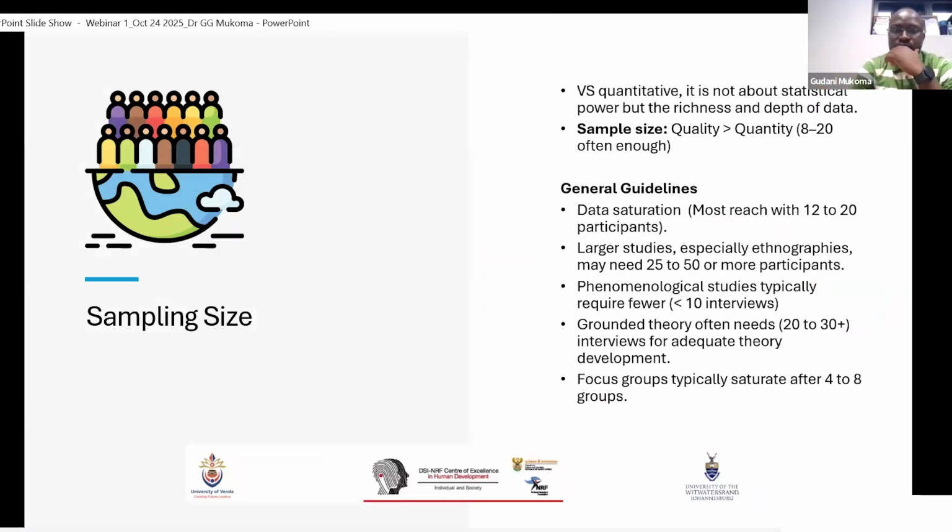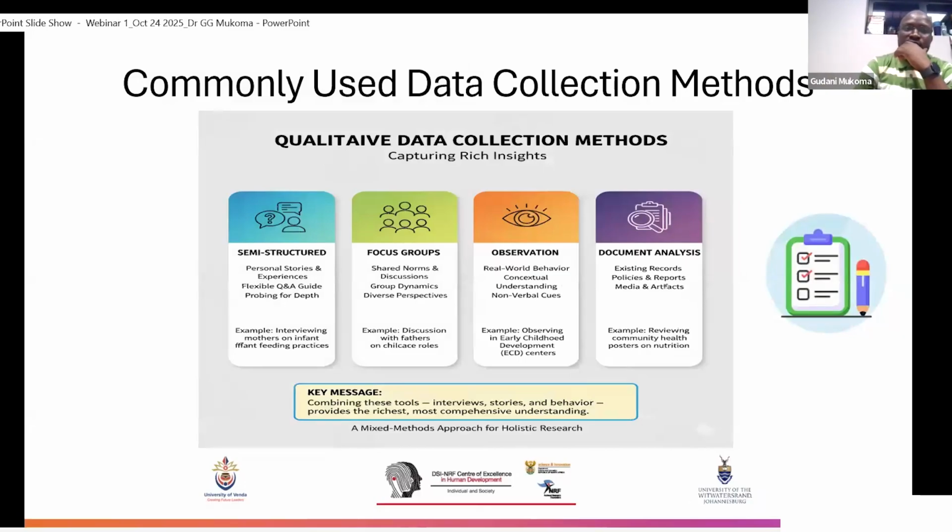the presentation. So now that you have designed your study, you know who your participants are going to be, and you know the kind of data you want to collect, you will now have to decide what data collection method you are going to use. And this is where it gets quite critical. This is the part that tells you how rich your data is going to be. And I will start off with